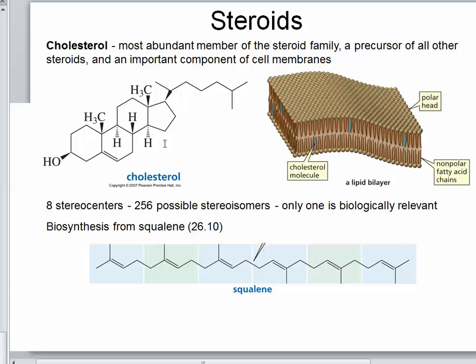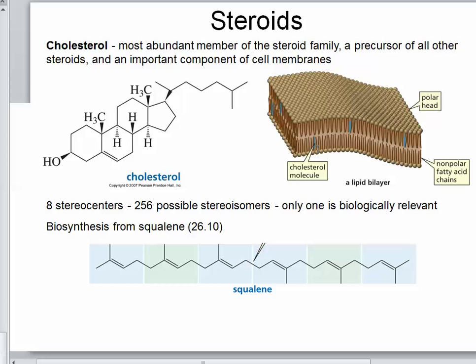So we can start assigning properties to cholesterol, and we can look at it and it's evidently clear that this is nonpolar, and this nonpolar substance can travel through cell membranes because it is nonpolar. It can also be trapped in this lipid bilayer. We've talked about the lipid bilayer before. Our polar heads are up here at the top, our nonpolar tails are in here in the center, and every now and then we get a scattering of cholesterol molecules throughout the way. And this allows the cell membrane some flexibility. It allows it some movement.